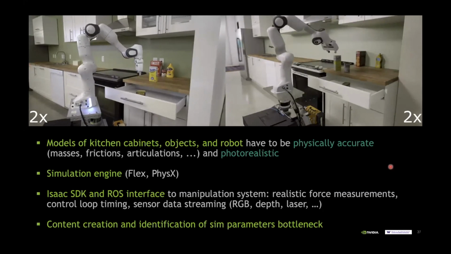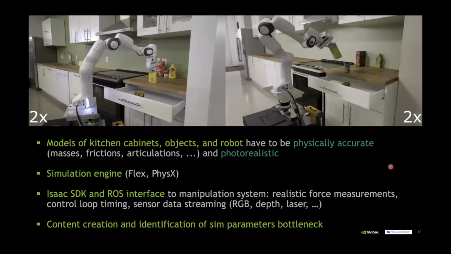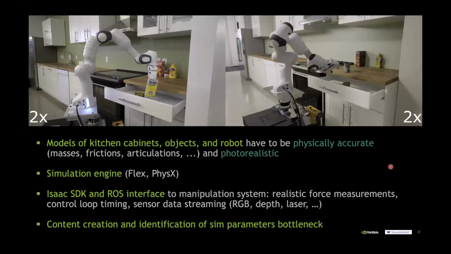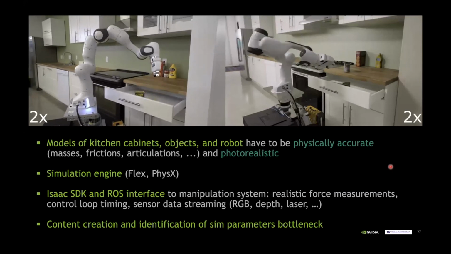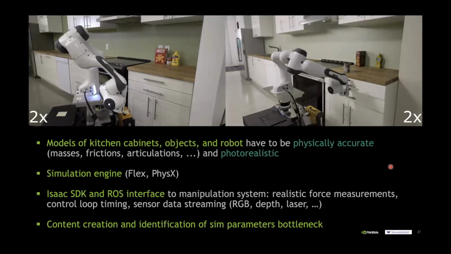Making them photorealistic so that we can train appropriately the object detectors and all these kinds of systems. This is all still ongoing work, but there are already first systems out there being published as part of the Isaac SDK system, and the simulators have ROS interfaces, so you will be able to leverage those. Moving forward, content creation is a big problem, meaning who builds us these nice environments? There's work on doing this hopefully through trained visual systems like GANs, generating photorealistic environments, but I think there's still a lot of work to be done in that area.